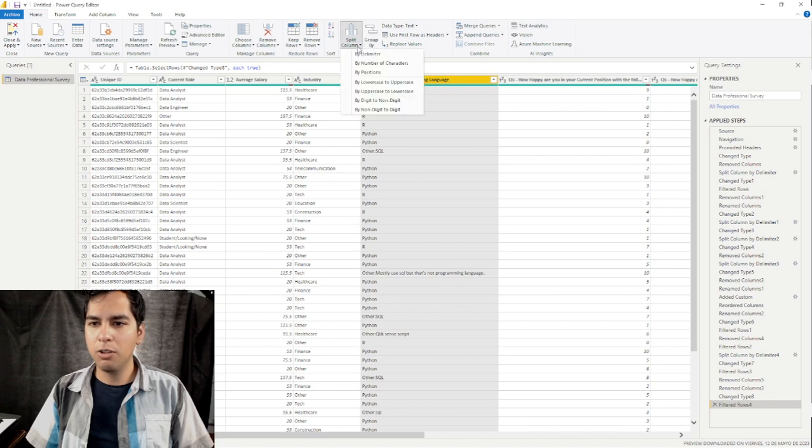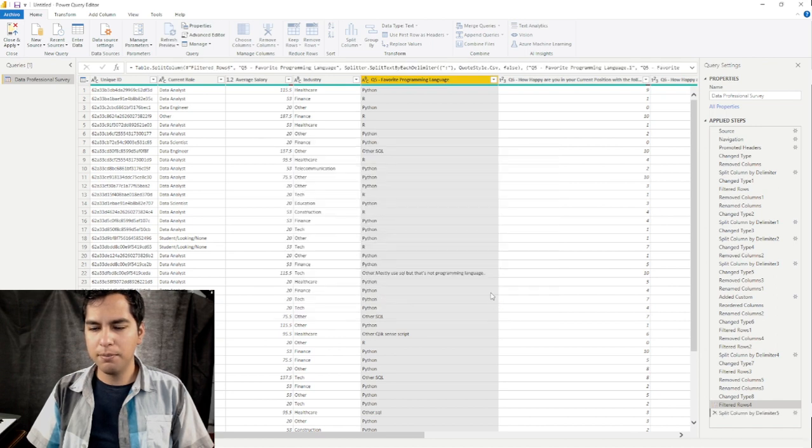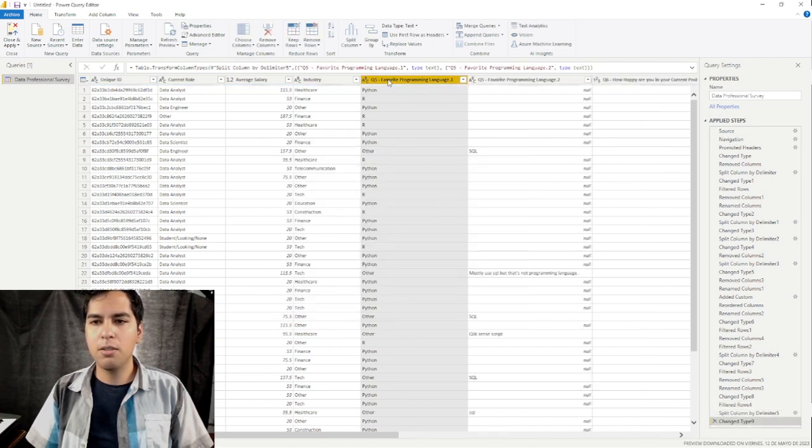So I'll split the column again. Delimiter. I'll select colon as the delimiter, and in this case, just the leftmost delimiter. So we have now